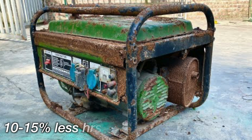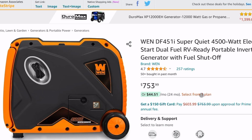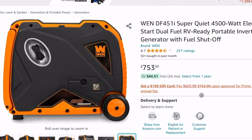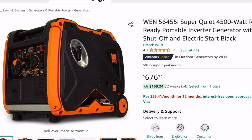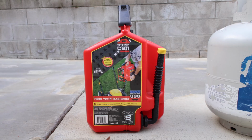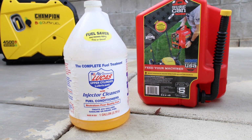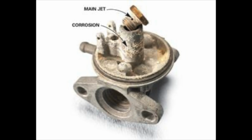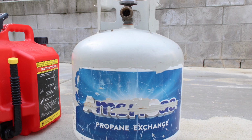Also, propane and natural gas generators typically have a shorter lifespan of about 10 or 15%, and when it comes to purchasing a dual fuel or tri-fuel generator, you'll normally pay at least $100 or $200 more for a similar type unit. But gasoline comes with its own problems like high fuel prices and also ethanol wreaking havoc on your fuel system, so you'll also have to purchase additional items like fuel conditioners and stabilizers to prevent corrosion inside the carburetor. This also is a dirtier fuel as it burns with more soot and carbon deposits,